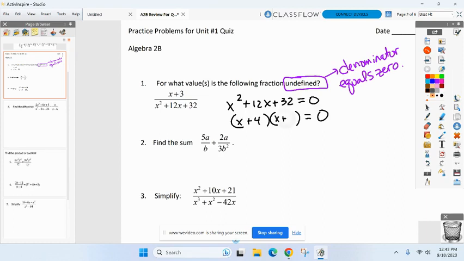That's not my answers though, right? 4 and 8 aren't my answers. You have to take them out and set them equal to 0 tomorrow. Don't say x equals 4, x equals 8 and say I'm done. X plus 8 equals 0. X plus 4 equals 0. So you end up with two answers: x equals negative 8 would make it undefined,